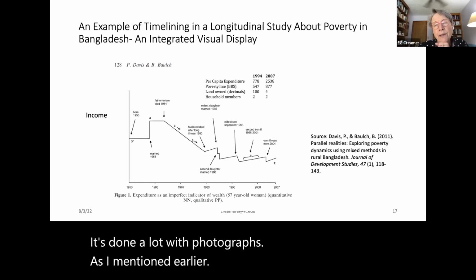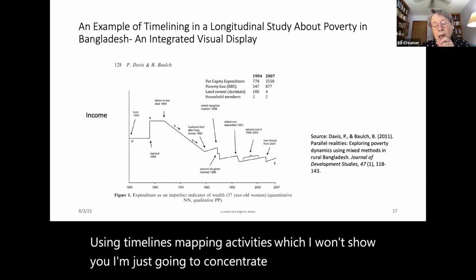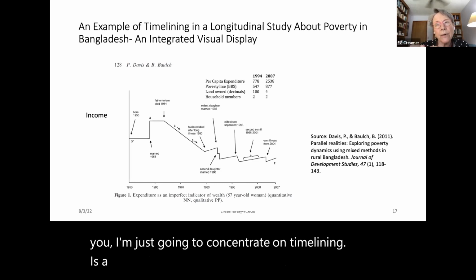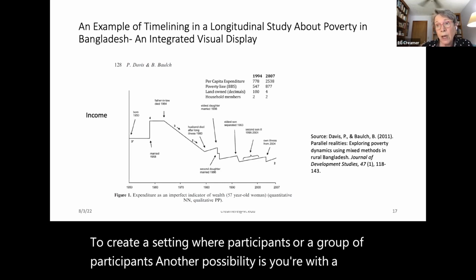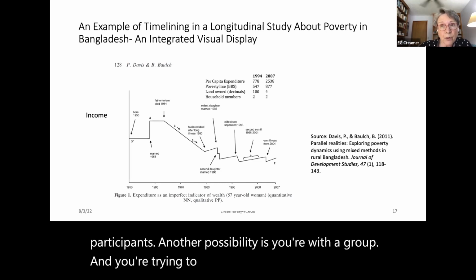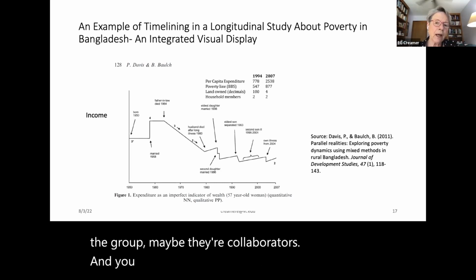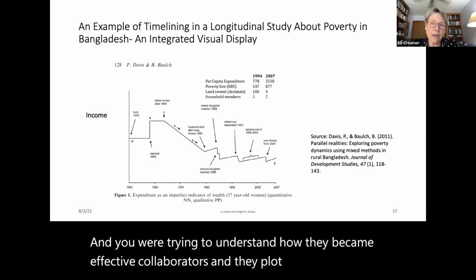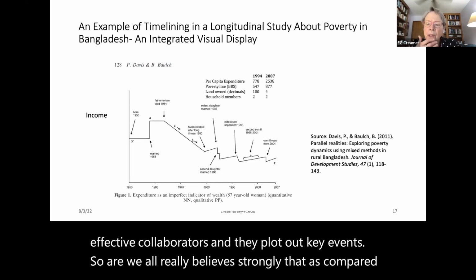Using timelines, mapping activities, which I won't show you, I'm just going to concentrate on timelining, is a way to create a setting where participants or a group of participants, another possibility is you're with a group and you're trying to trace something that happened in the group. Maybe they're collaborators and you're trying to understand how they became effective collaborators and they plot out key events. So I really believe strongly that as compared to interviews,